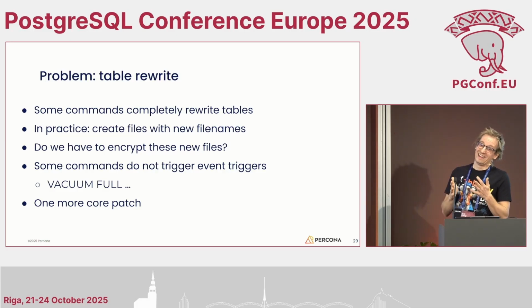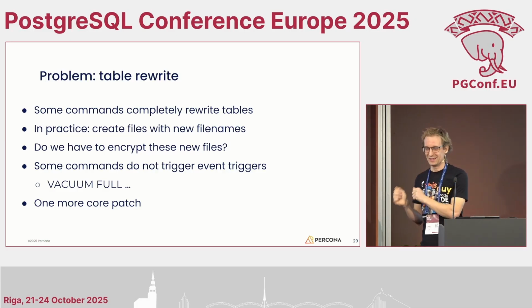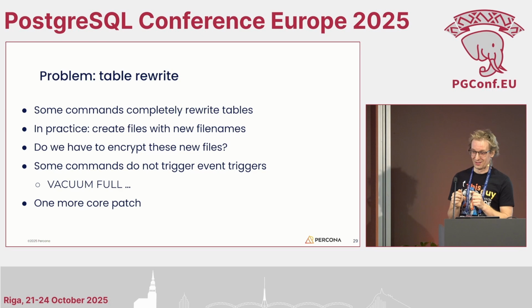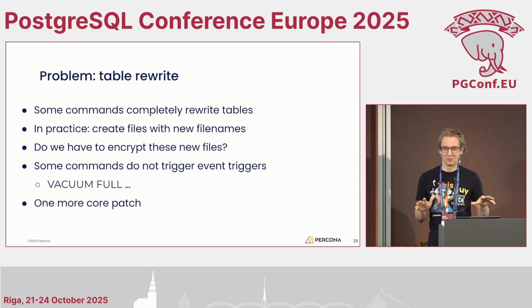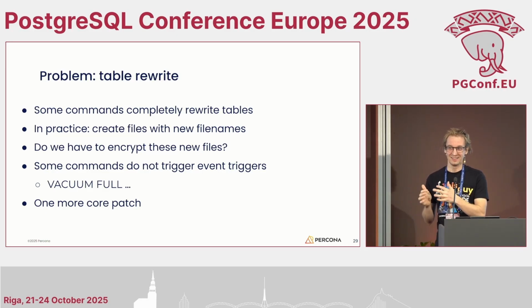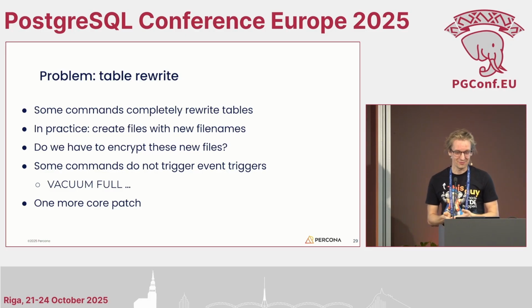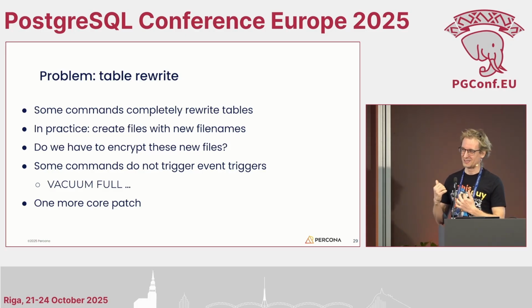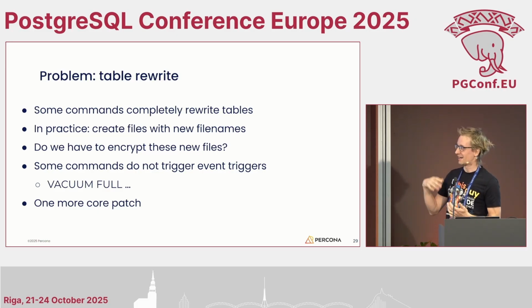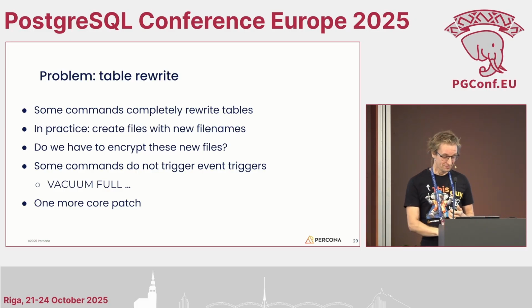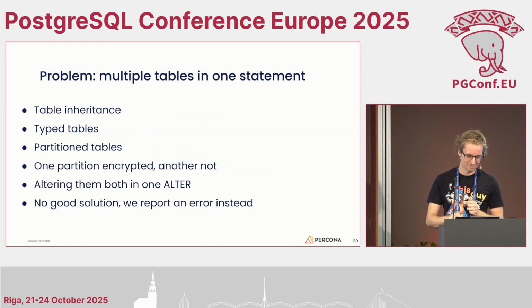And I'm not sure if this was a good or a bad thing, but our code actually worked. It properly detected that the file is plain text and nothing crashed. Everything worked. The problem was that suddenly a file that should have been encrypted was plain text on the disk. And we actually didn't notice this problem for some time because we actually have to check the file and see that it's not encrypted there. So after we added some sanity checks there, we actually had to add some more code patches to our minimal patch set so that we are able to handle situations like this. But fortunately, it was all solvable.